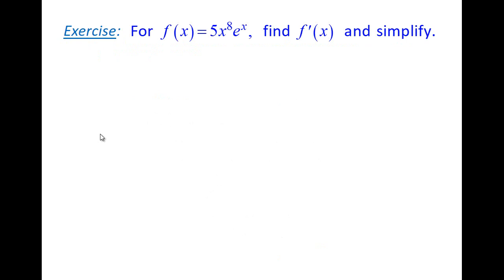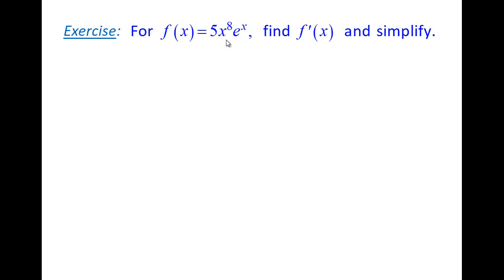Okay, so let's say I have this function f of x is equal to 5x to the 8 times e to the x. I simply want to find the derivative by using the product rule, and then I want to simplify that. Okay, so when we are applying the product rule here, I'm going to think of